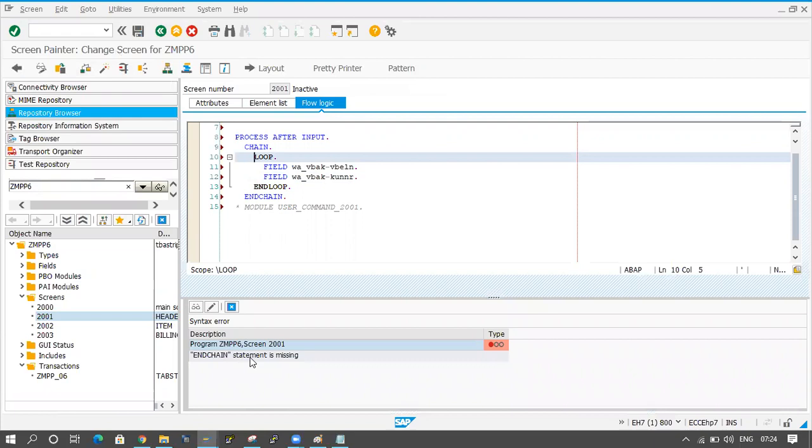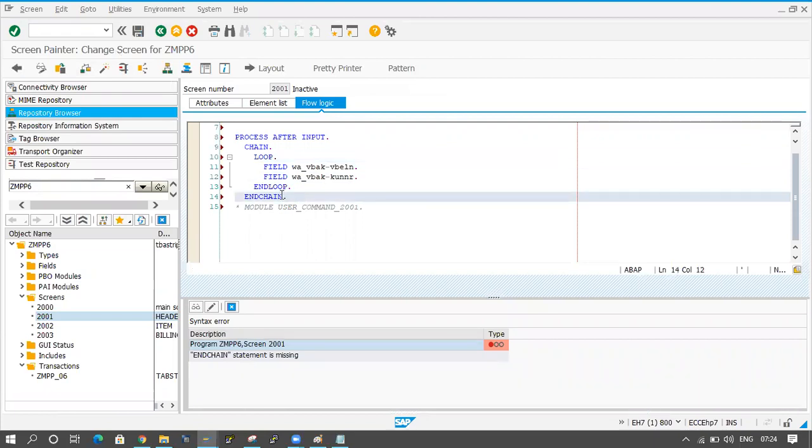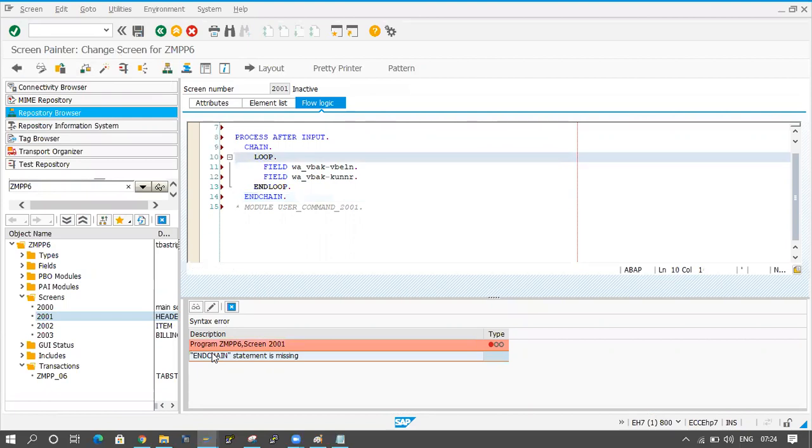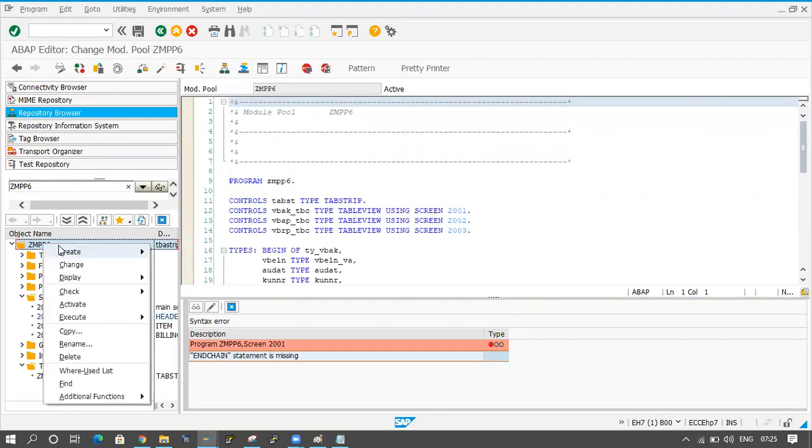ENDCHAIN statement is missing. One minute. I will double click on the main program and right click and activate it. Let me check how it will come.